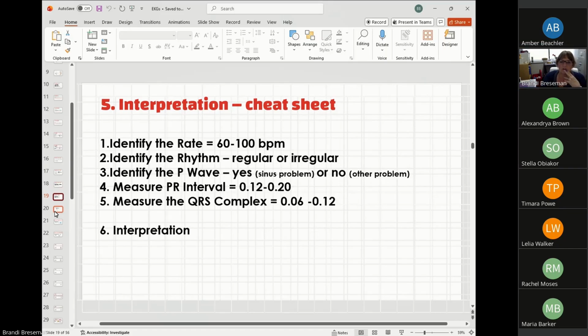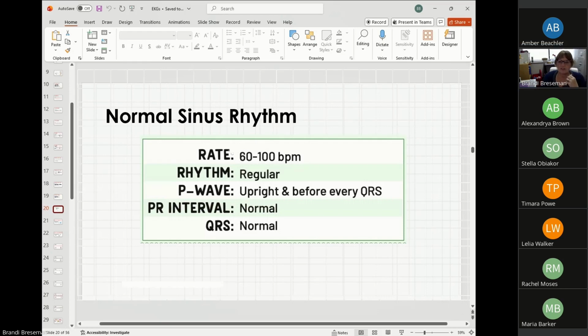So normal sinus rhythm has a rate from 60 to 100 beats per minute, has a regular rhythm. Your P wave is upright, and before every QRS, your PR interval is normal, which is 0.12 to 0.20, and your QRS is normal, which is 0.06 to